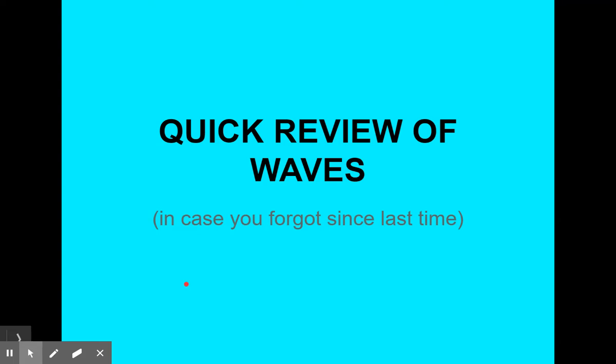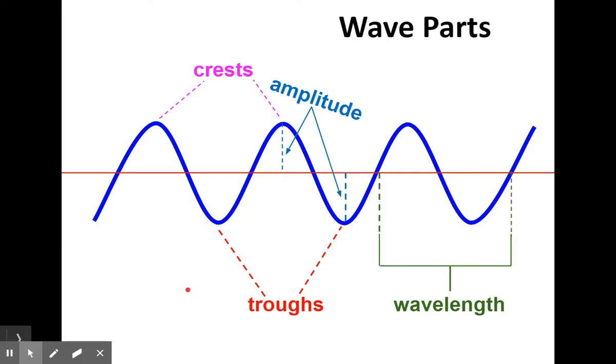Now, in case you forgot since last time, I'm going to just go fast through what you know so far about waves. There are wave parts. The tops of the waves are called the crests, the bottoms of the waves are called the troughs. How high the waves are is called amplitude, and one wavelength, like one up and one down,